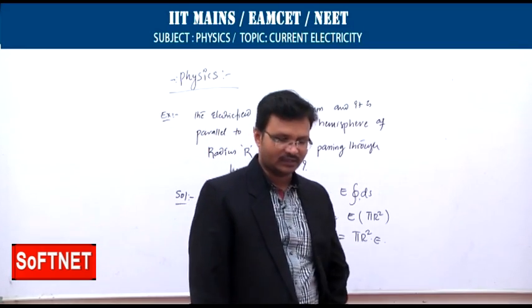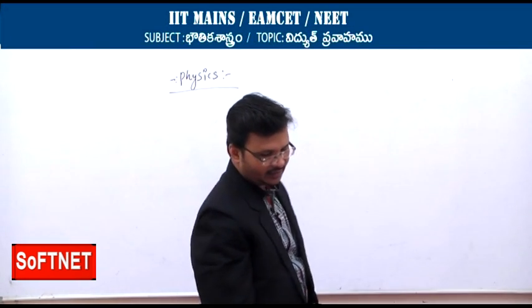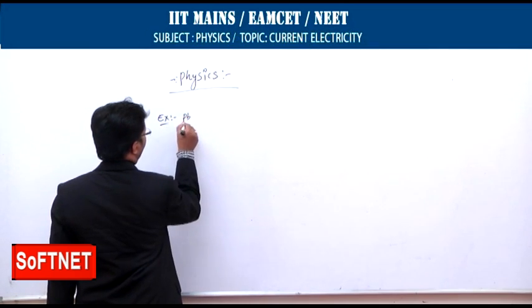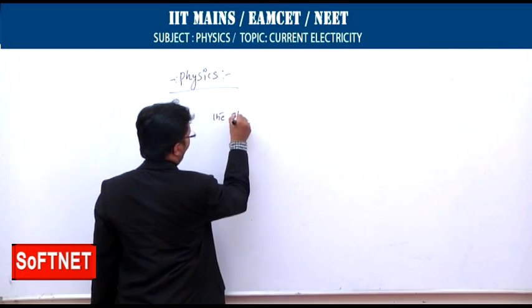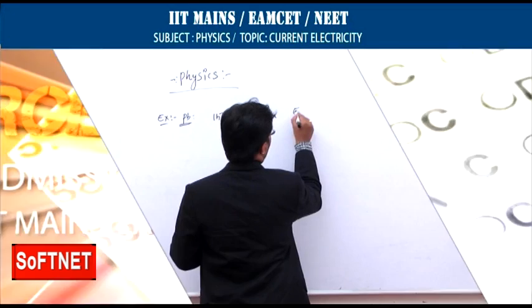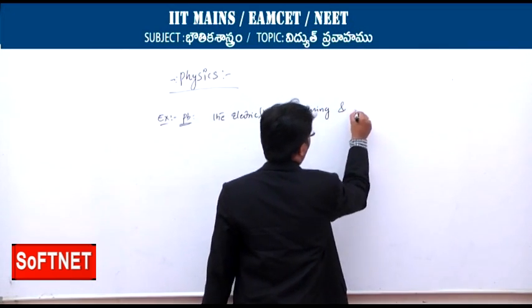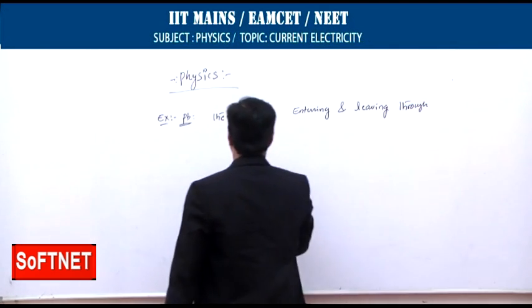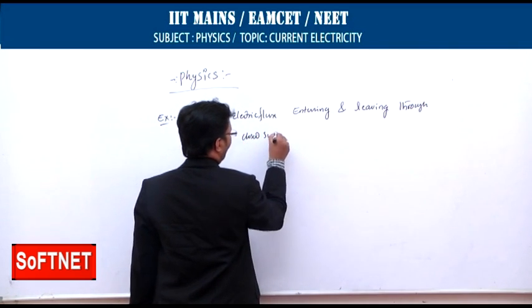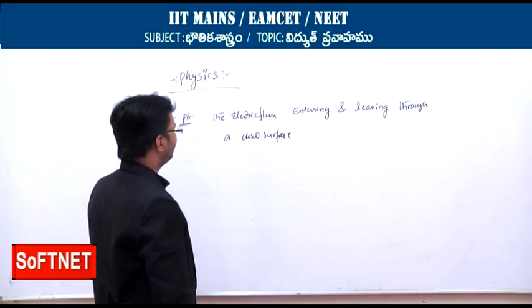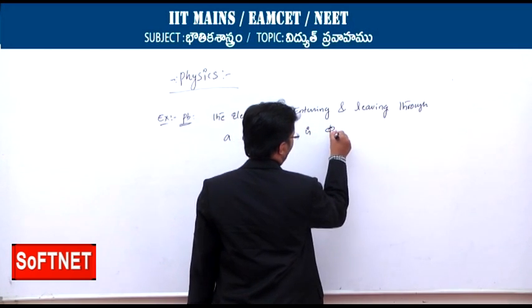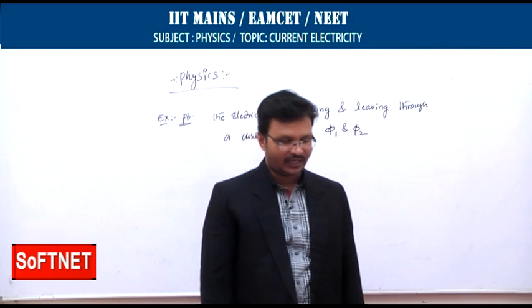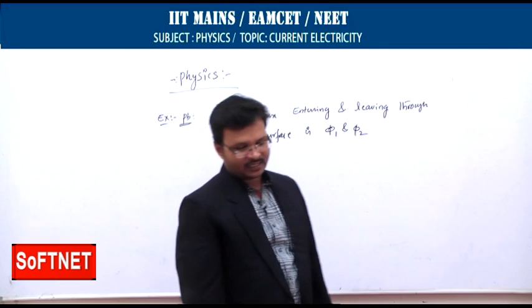This is the second problem we did on Gauss law. Now, the next problem we discuss: the electric flux entering and leaving through a closed surface is phi 1 and phi 2. Then the electric charge inside the surface will be,